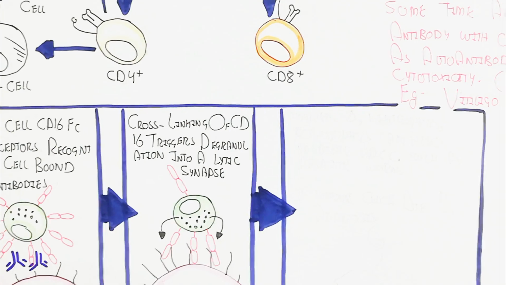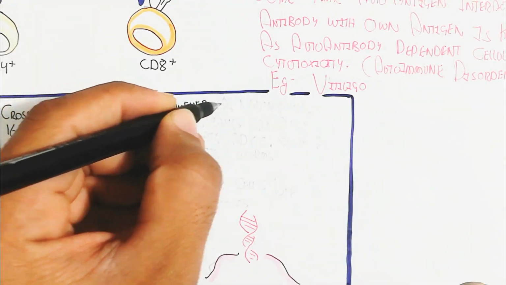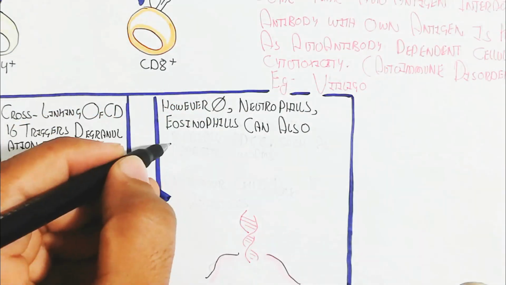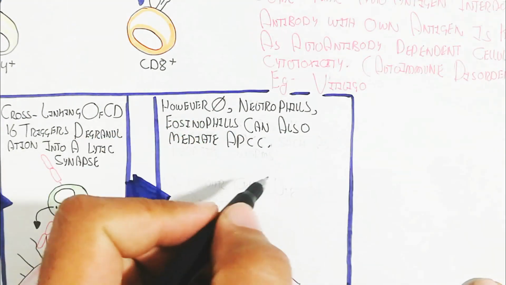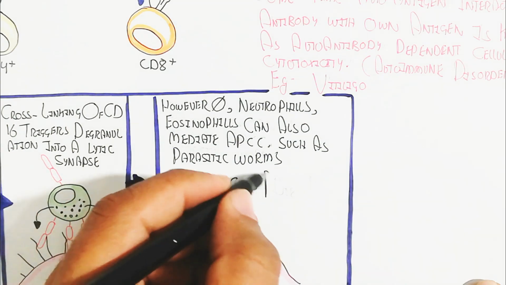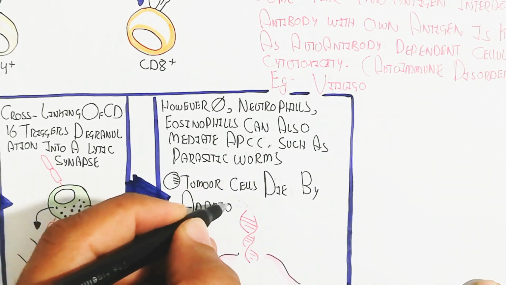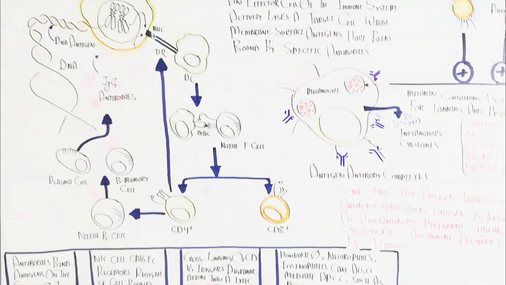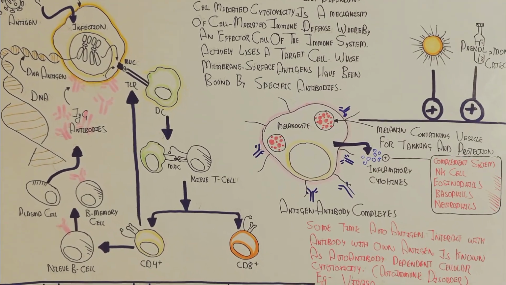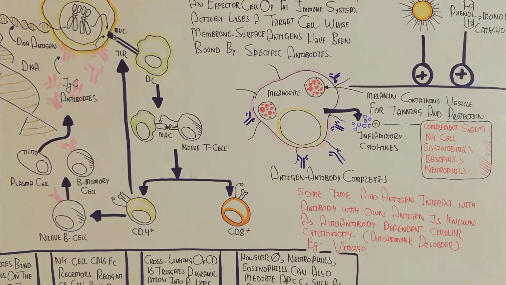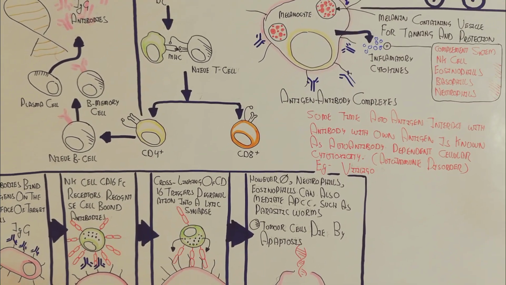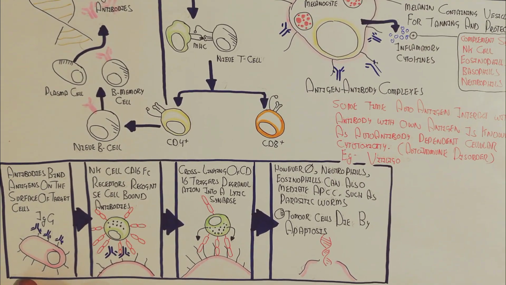After the degranulation of the natural killer cell, however, the macrophage, neutrophil, and eosinophil can also mediate antibody-dependent cellular cytotoxicity, for example against parasitic worms. Basically, the tumor cell dies by apoptosis this way. So tumor cell death due to the natural killer cell is important for normal function. But remember, against our own autoantigen, the immune response will lead to an autoimmune disorder, while the autoantibody-dependent cellular cytotoxicity